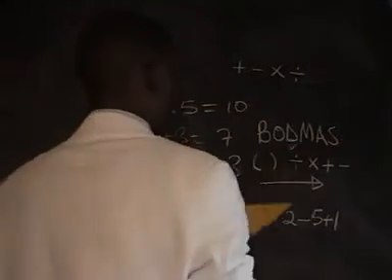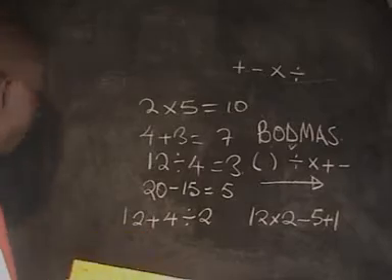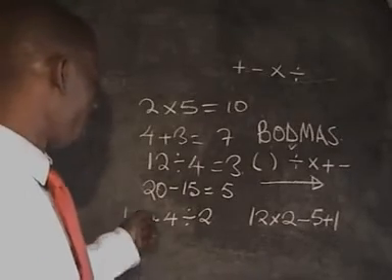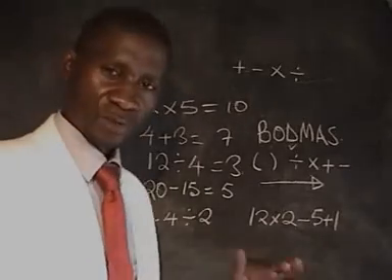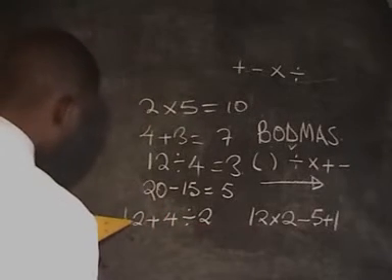Division comes first. So you have to divide first before you add. It can be a mistake to add 4 to 12 and thereafter divide by 2. That is not the way it should be handled. So in the first place, what you are going to do is to say